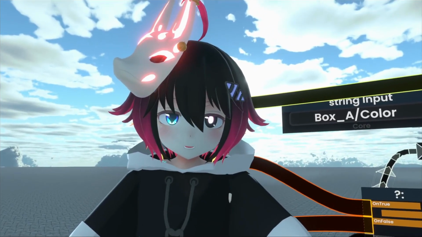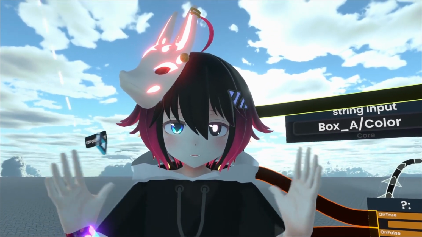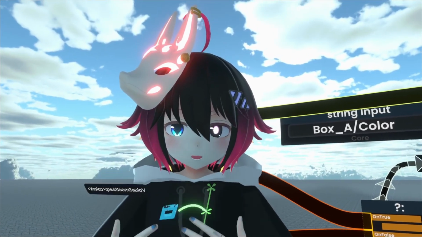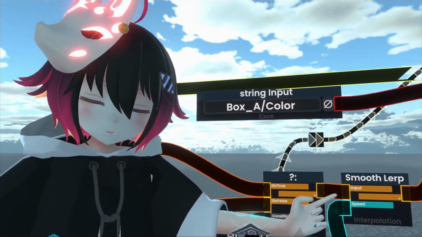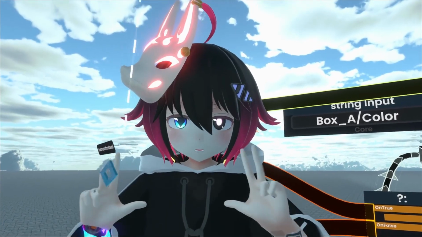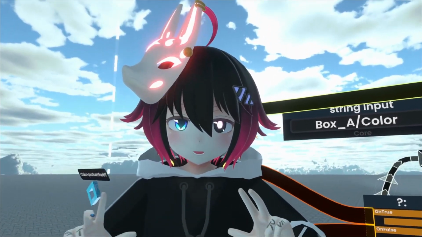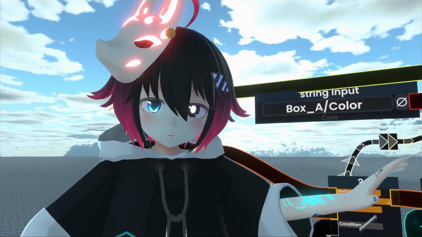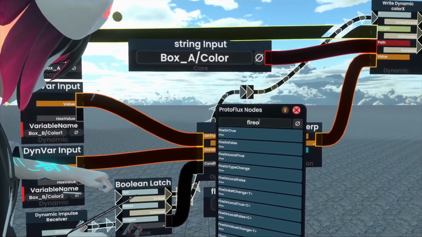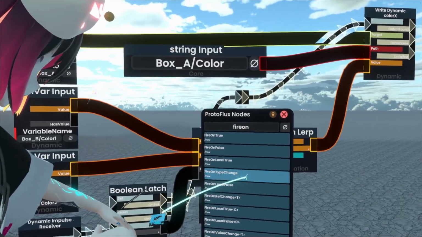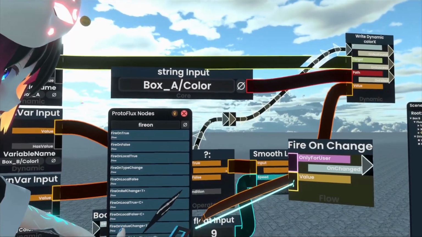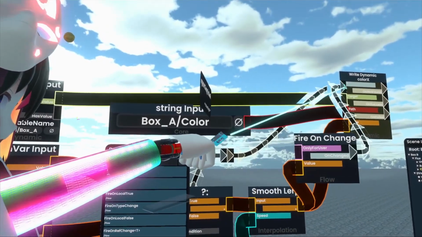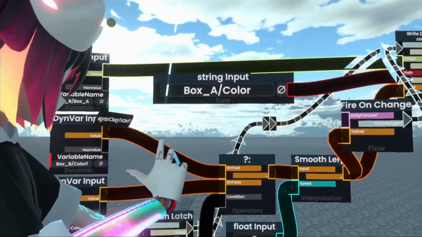The way that we can actually fix this is to do a fire on change node that we learned in the last video. So because the color is constantly changing when it's in the smooth lerp, it technically counts as a change of value. So using a fire on change to update that value consistently is what is going to make this work. So we'll pull out a fire on change node right here, and we will plug this in. It will cast, and then once this casts, we can actually plug this in and replace the Boolean latch as